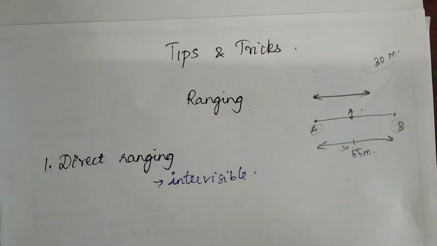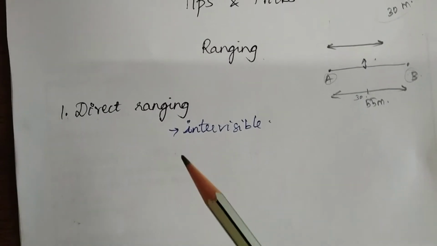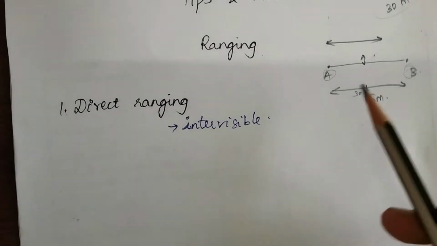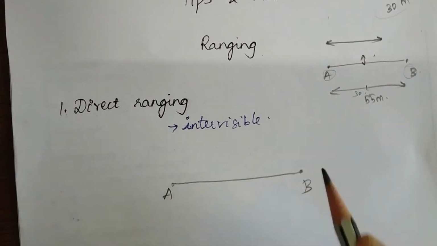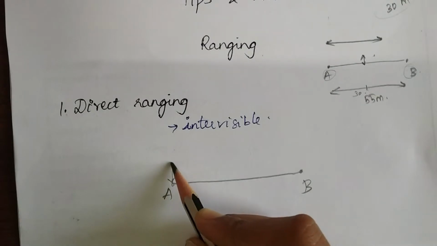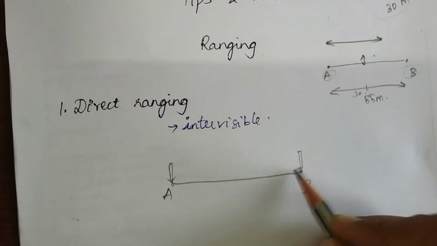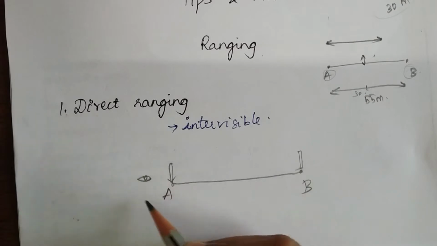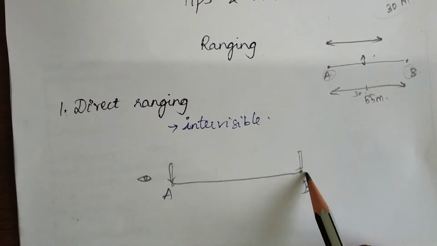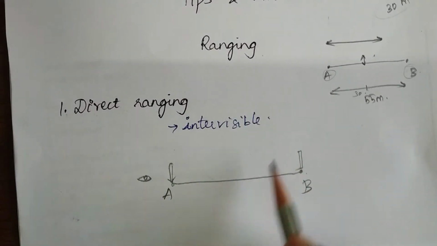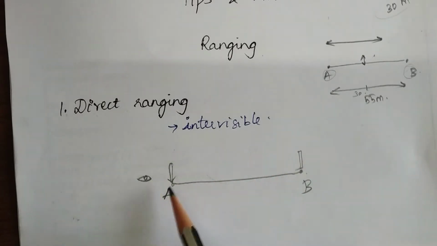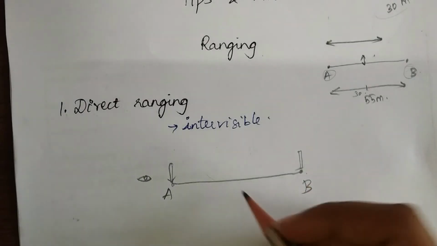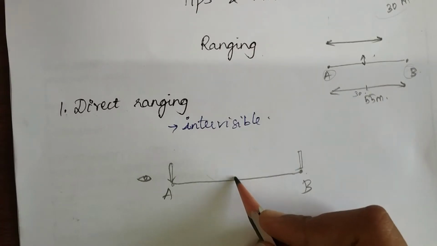There are two different types of ranging. The first one is direct ranging. We go for direct ranging when our objects A and B are visible. I set up a ranging rod here at A and a ranging rod here at B. When I see from A, I can view the ranging rod at B. So this means there are no obstacles in the line of sight from A to B and B to A. In this case, what we do is at the point where there is supposed to be a break